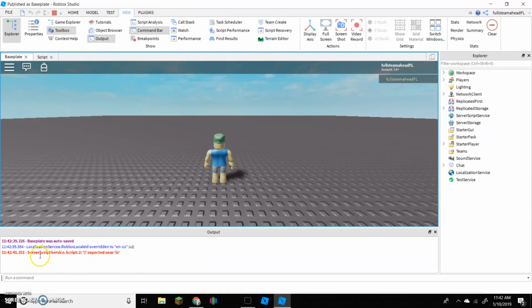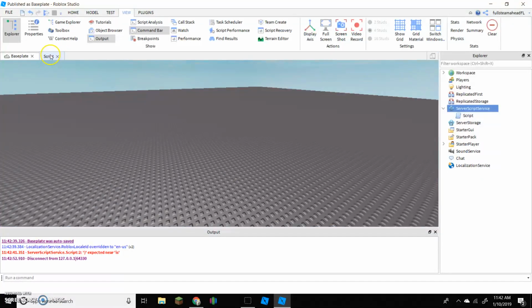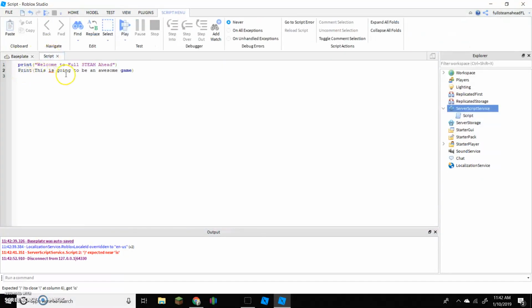And down here, we have an error. So it didn't understand the code. If you want your program to understand the code, you have to type it the exact right way. So I'm going to stop my game, go ahead and edit my code again. Notice that I've got lowercase p for print is what I forgot, and I've got these quotation marks that should surround this as well. There we go. So now I can run my game,